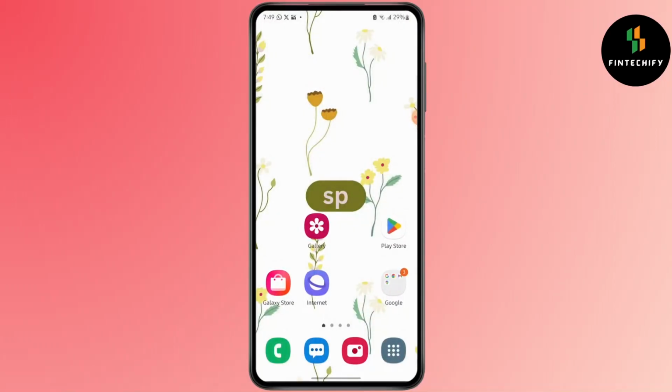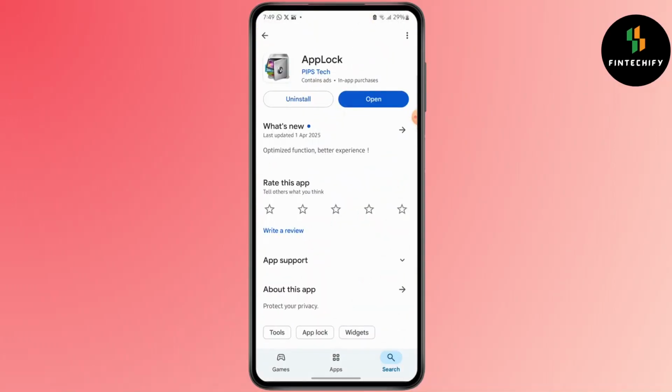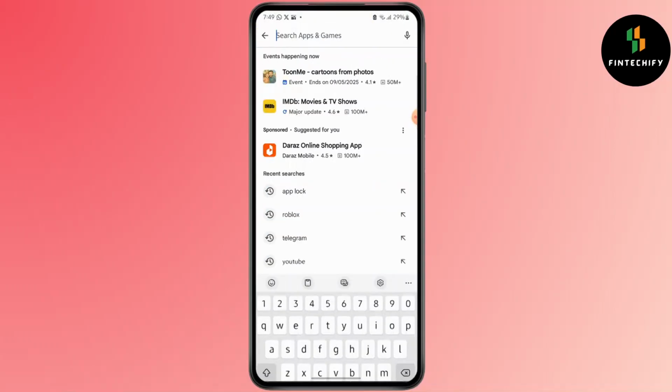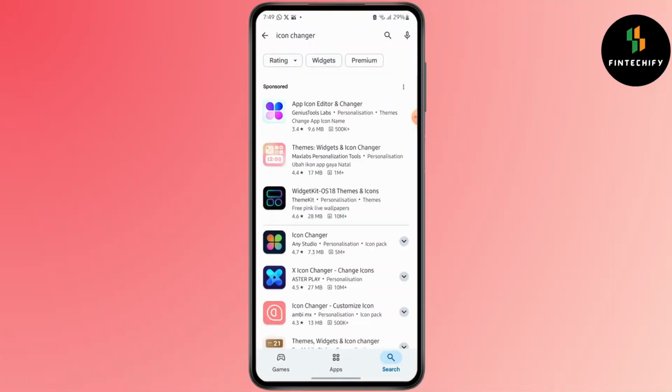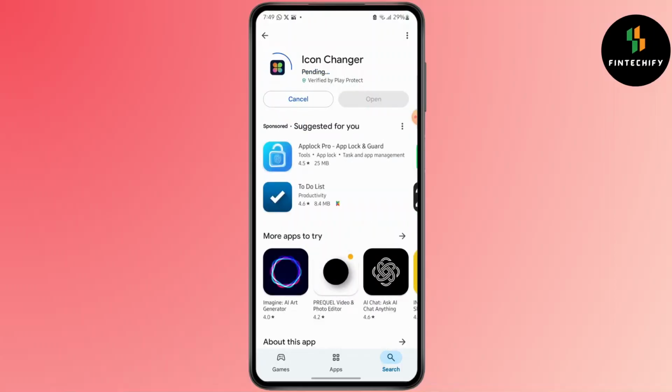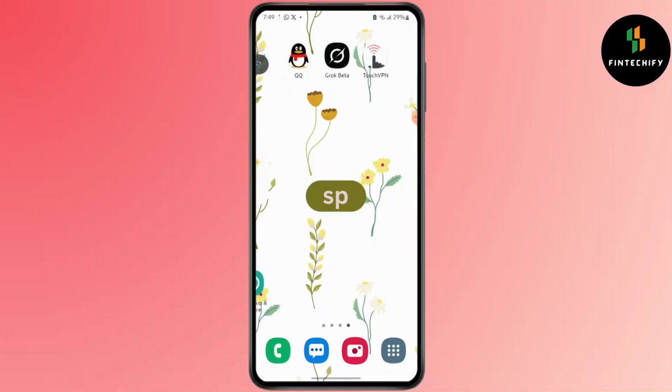First, open your Play Store and then simply search for icon changer. Then install any of these. You can use this application to change the icon, or the next option what you can do is go to